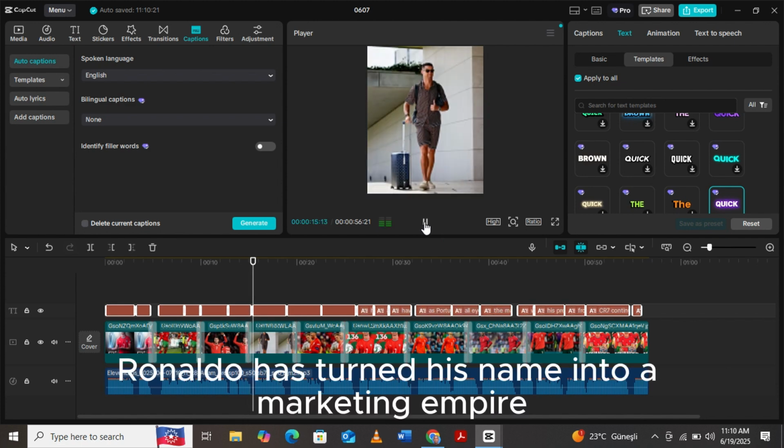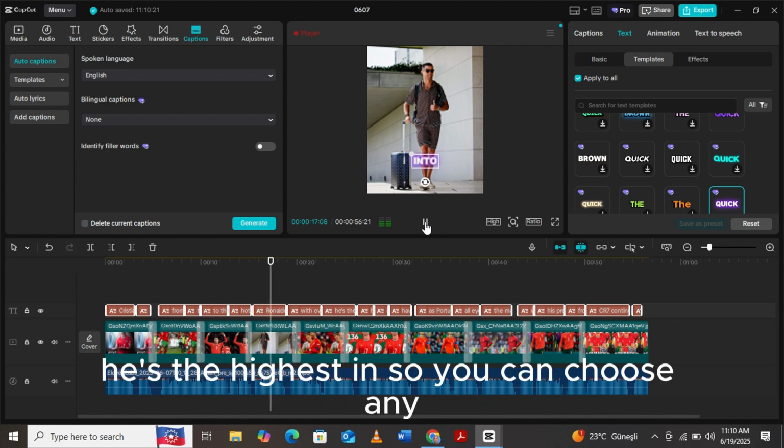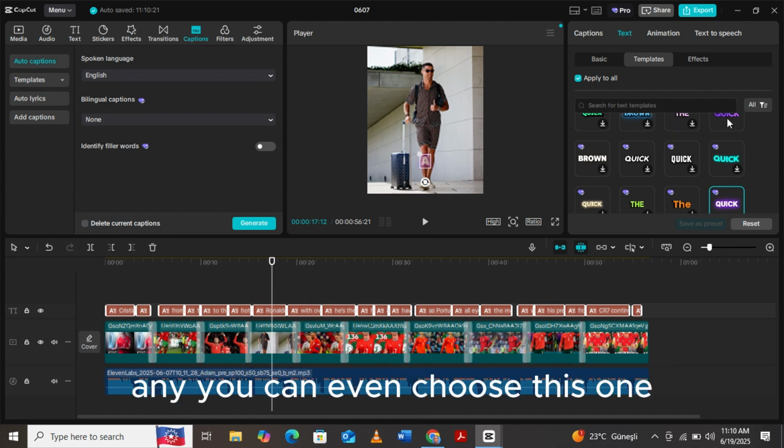Ronaldo has turned his name into a marketing empire. With over 800 career goals and countless records, he's the highest